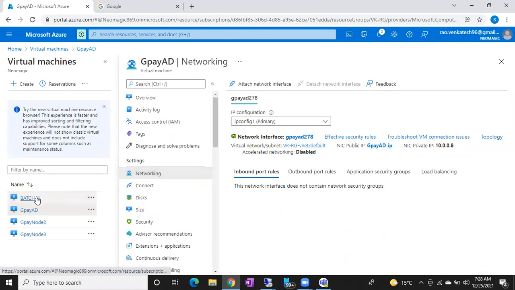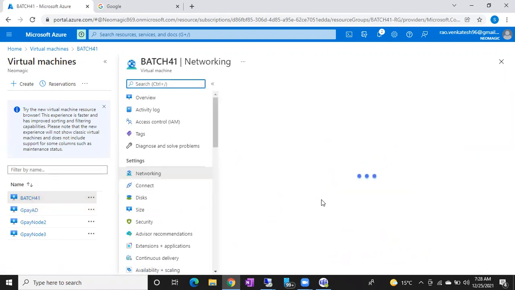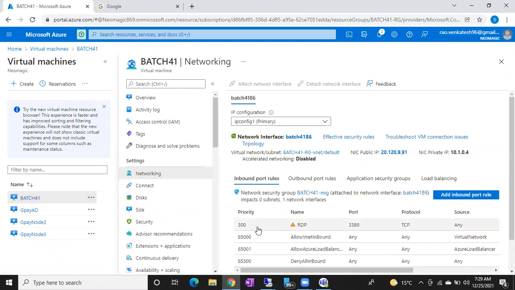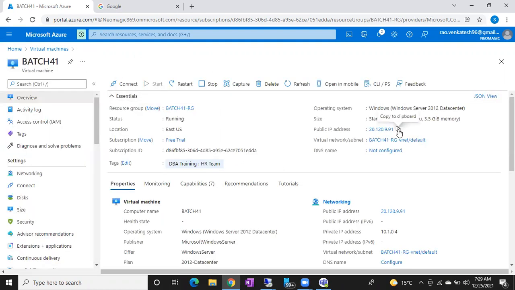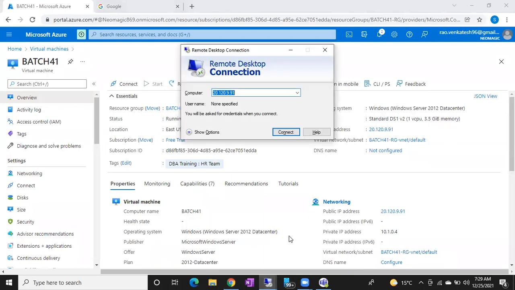There you can see, if you go to the batch 41, your 3389 port. This is how you can see the 3389 port for RDP. You can see the name also for RDP. 3389 should be there, so in that case you can fix the issue and connect to the server remotely. Let me copy this. And still, if you say, sir, 3389 is enabled but still I am unable to connect to the server remotely,